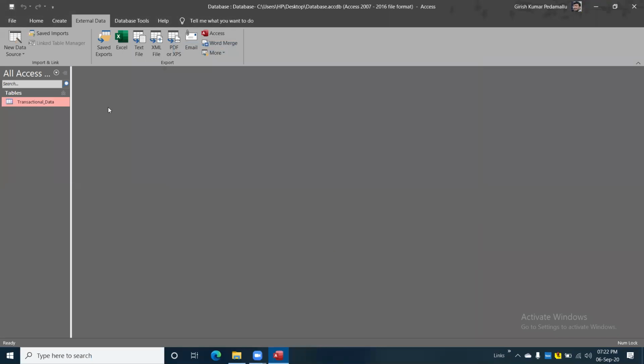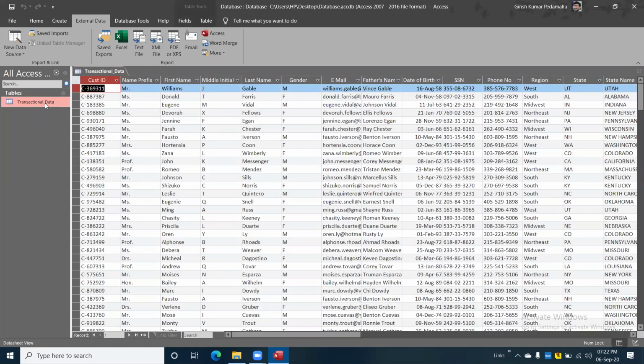To view the field names, whenever you double click, you are able to see the column names and the data, right? It looks like a normal Excel spreadsheet. The first one is a column header, and from the second row onwards, these are the records. But in Access, what we call the first row is...